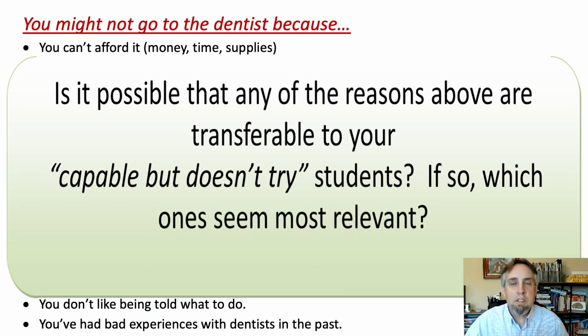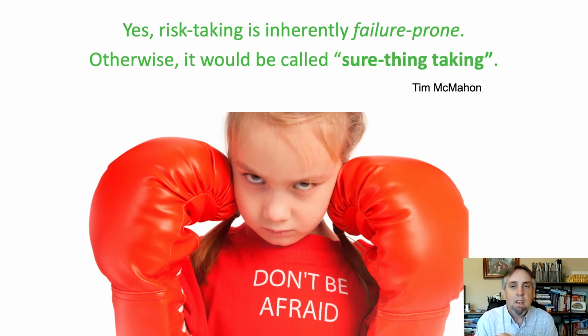It's helpful when we look at these things to make it a little personal first. And I mentioned earlier that part of the reason any of us are reluctant is based on our experiences. And it's not fun to take a risk and fail. But this is something that every child needs to understand, that yeah, when you take a risk, there's a likelihood that you're gonna fall flat. There's no such thing as sure thing in life. Well, there are if you never take risks. But children need to understand this, that when we take risks, we open ourselves up, we become a little bit vulnerable. And if we fail at whatever we're taking a risk on, it doesn't feel very good. So no wonder we don't want to do it.